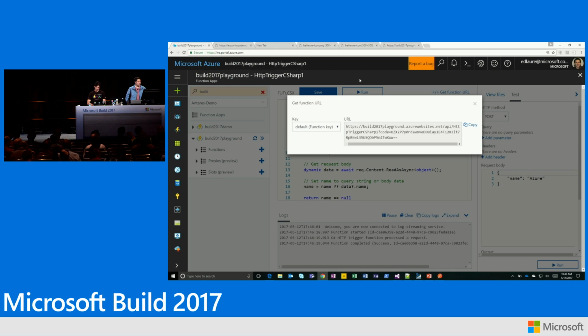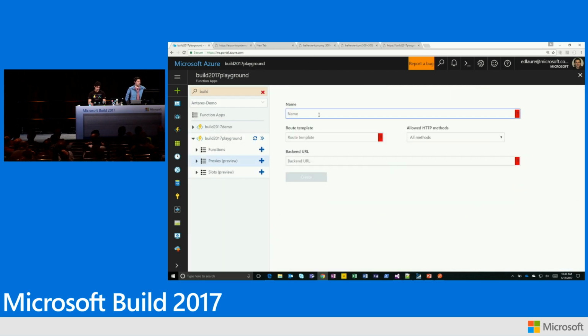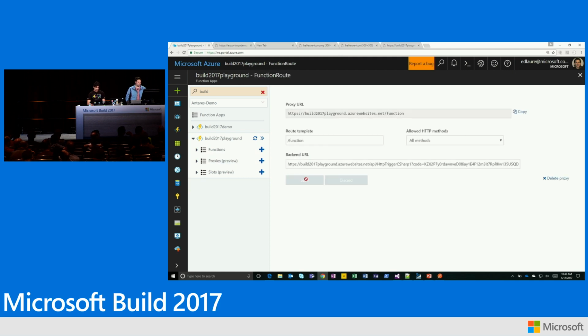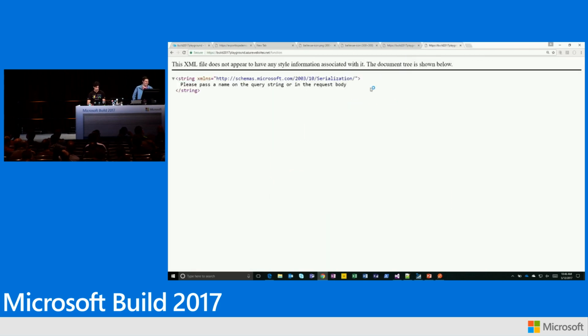So the same way, I could create a proxy that maps to your function. So you go here, you call your proxy function route, whatever internal name you want. I'll call this function. And I can put my backend here. It's a little bit of cheating. You go from an authenticated endpoint that has an API key to an endpoint that's not authenticated. So I do not advise to do that at home, but you could. Makes a great demo. Yeah, it makes it easy to demo.